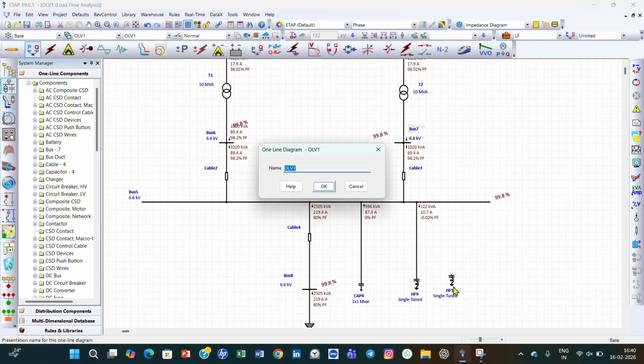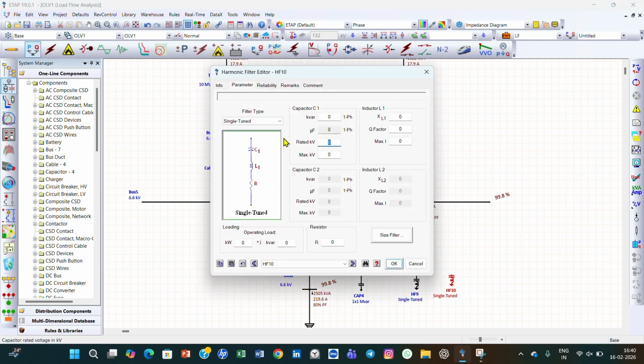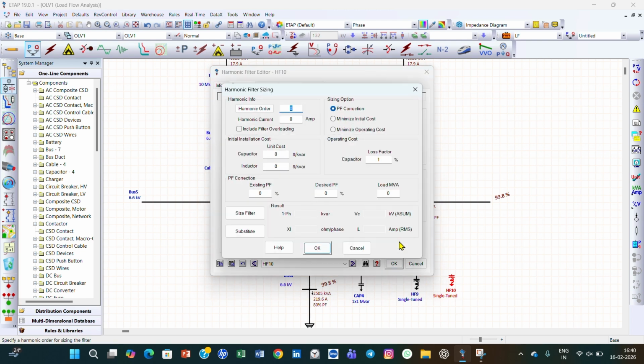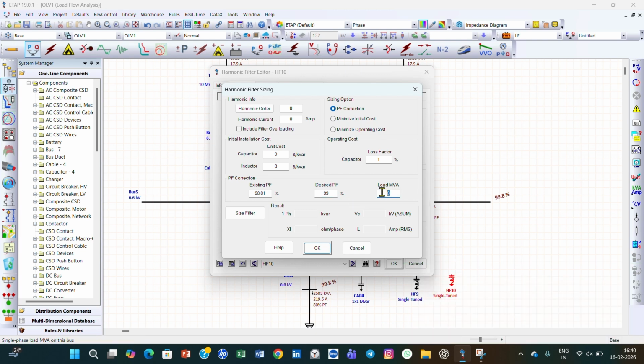So we can double click here, go to the parameters. Here we can enter 6.6, and we can also enter here 7.2 and go to size filter. Our power factor is 98.01 and desired is 99, and our load is